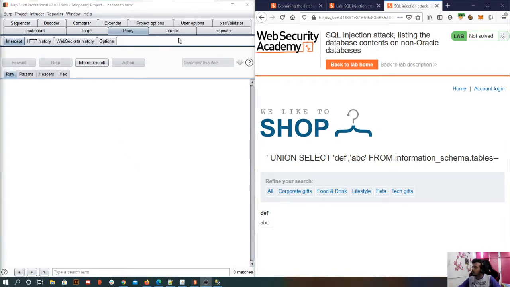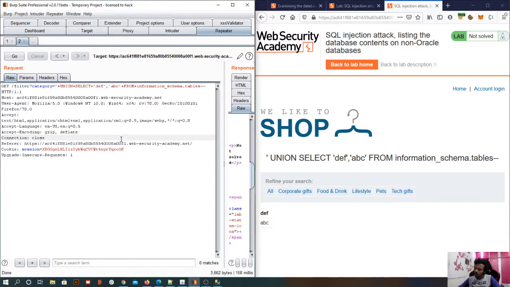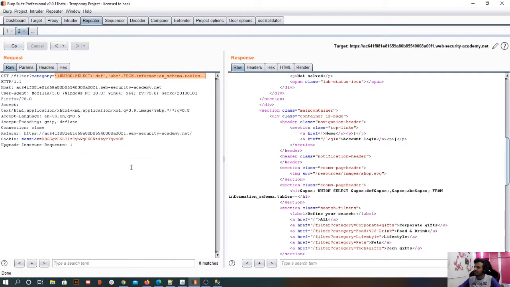What is wrong here? Let me check my request. See there. Okay, yeah, such a silly mistake. Here we are writing our own hard-coded value. That's why we are not getting the result. We should write the column name that we want. So what is the column name that we want? Let me open my database.